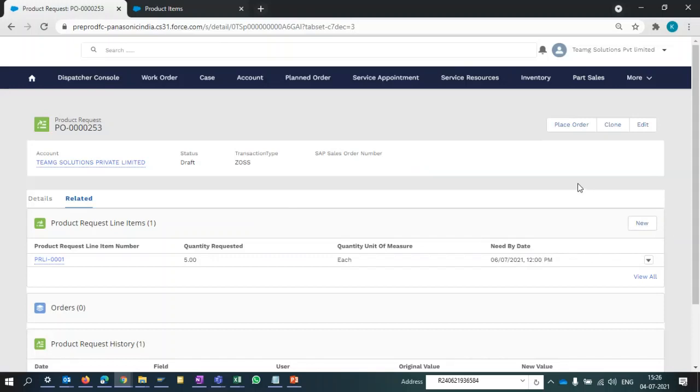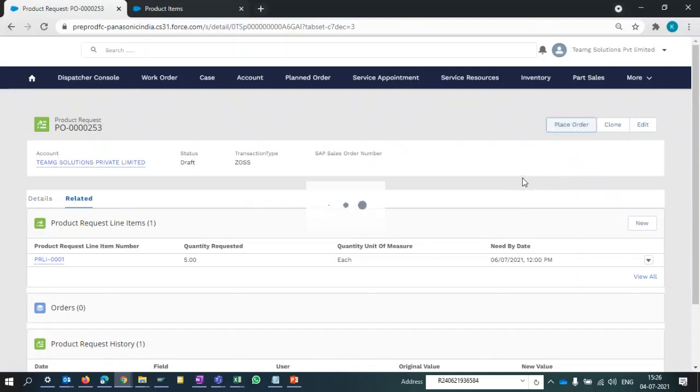Okay. So in a purchase order, first of all there are two activities. First, your product request is created. Secondly, you are adding the part line items in the product request, that is a purchase order, plan order. After adding the part, all the activities have been done. Now click on place order.